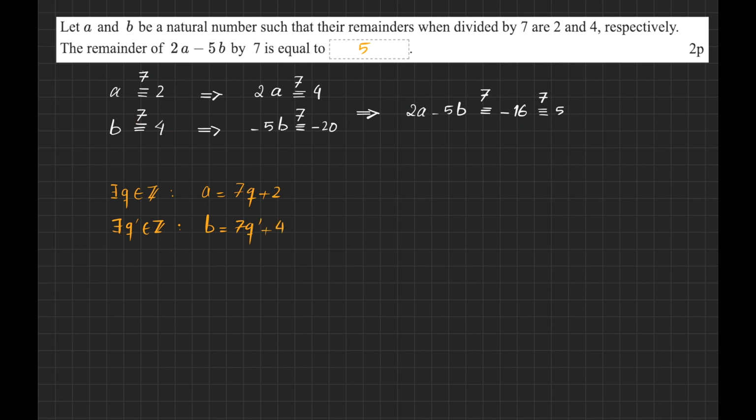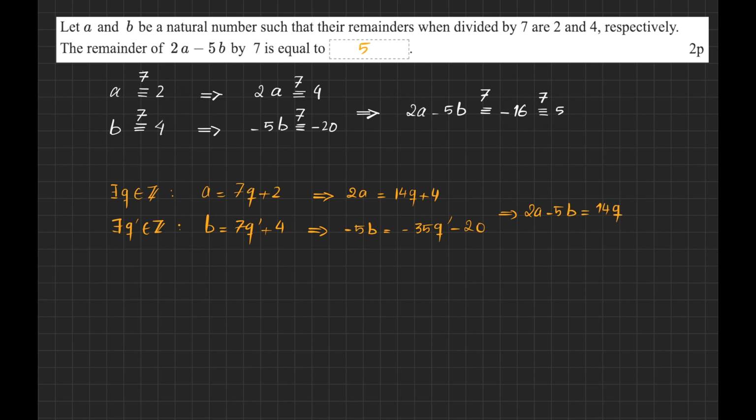And then I multiply both sides of the first one by 2, so it becomes 2a is equal to 14q plus 4. And I multiply this by minus 5, so it becomes minus 5b is equal to minus 35q prime minus 20. And then I add these two side by side, so it becomes 2a minus 5b is equal to